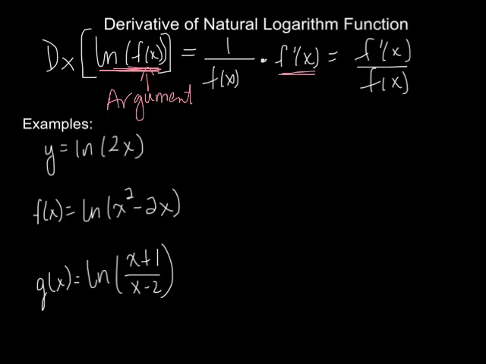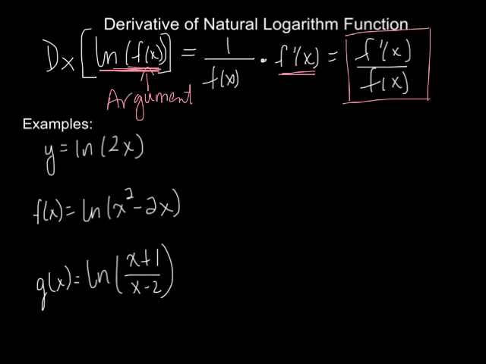We saw when we did the chain rule, general power rule version, you did the power rule, and then you had to multiply by the derivative of the inside. When we did the exponential rule, you rewrote the exponential function times the derivative of the exponent. So it's a similar sort of thing here. And it turns out we can write that as just the derivative of the argument over the argument, or the derivative of the inside function over the inside function. Again, it's a composition of functions. You have a function f of x inside of the logarithm function.